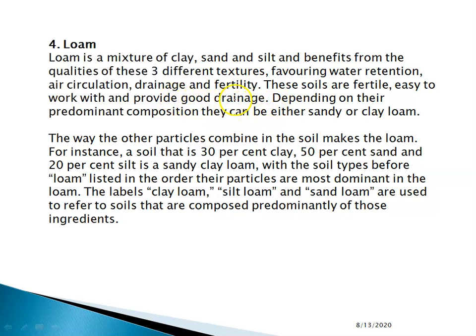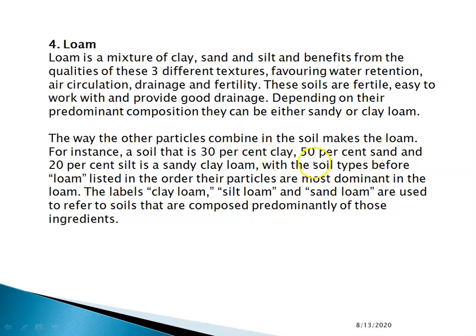So these are some of the characteristics of the loam, that is, it favors water retention and it gives good air circulation, drainage and fertility. These soils are fertile, easy to work with, provide good drainage. Depending on their predominant composition, they can be either sandy or clay loam. The way the particles combine in the soil makes the loam, for instance, a soil that is 30% clay,